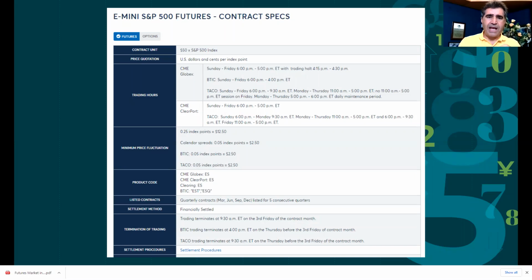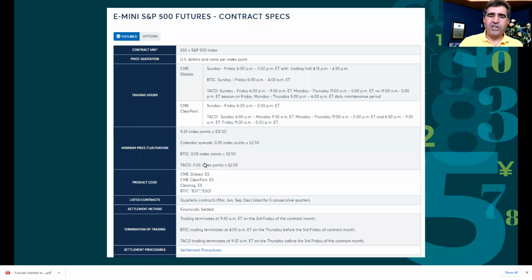Based on that, you can go to the CME Group website, which is the Chicago Mercantile Exchange, and look at all the specifics. Or, even if you have Thinkorswim, a lot of platforms have it readily available. They provide all this for you. But let's study this together so you will have a little more understanding of what it means to have a futures contract, and then you can apply it to every other underlying asset.